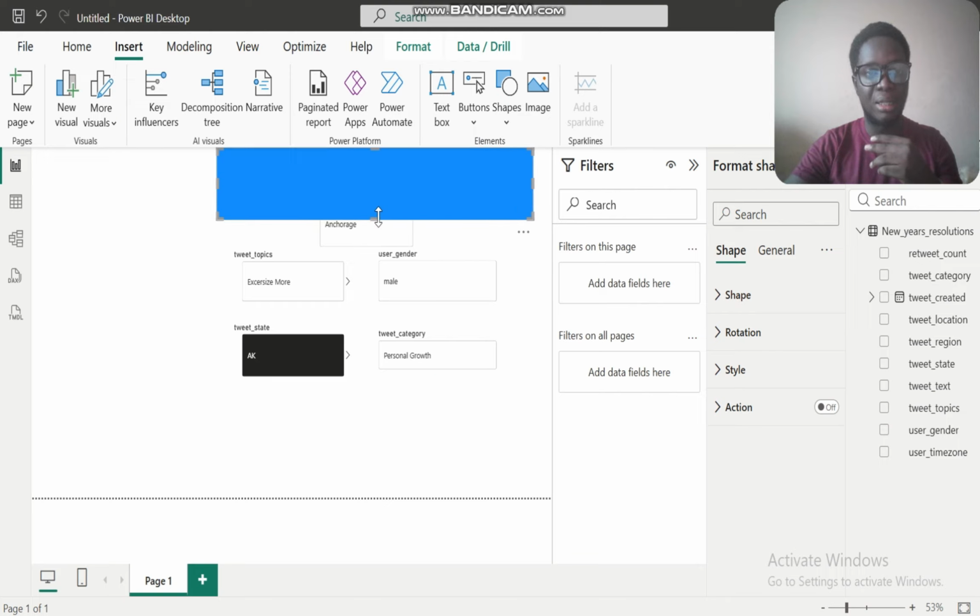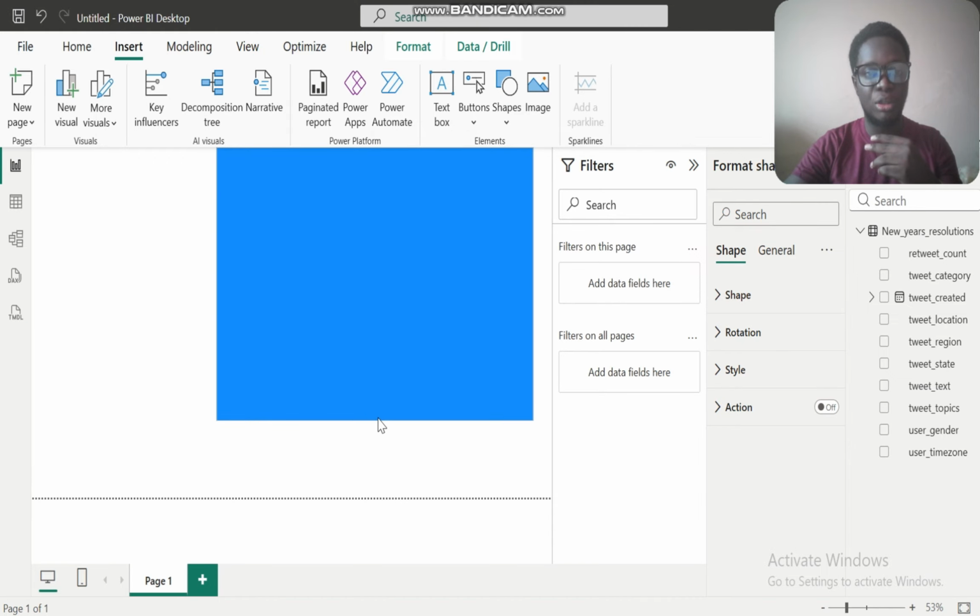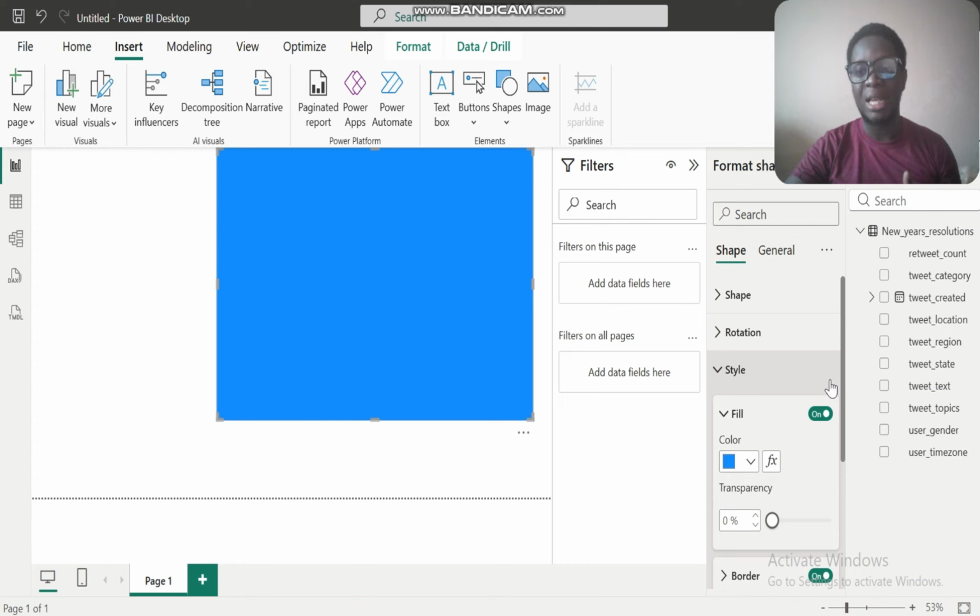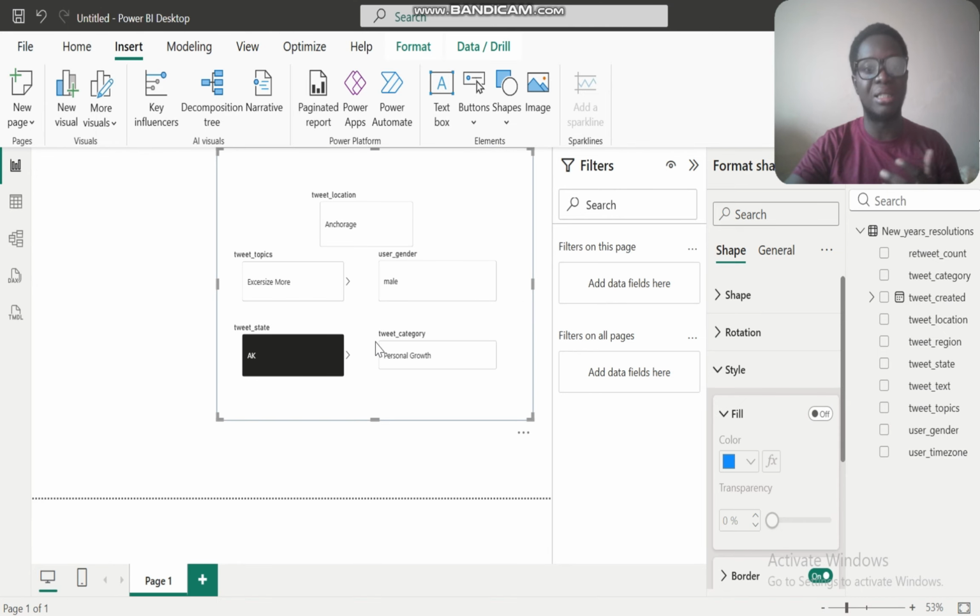All right, and then I'm going to select everything, make sure it covers all of my slices, and then once I'm done, I'm going to go to style and then remove the fill so that I can see my slices in the shape. All right, so now I can see my slices in the shape. Once I have all of these and I've organized everything, what I'm going to do is